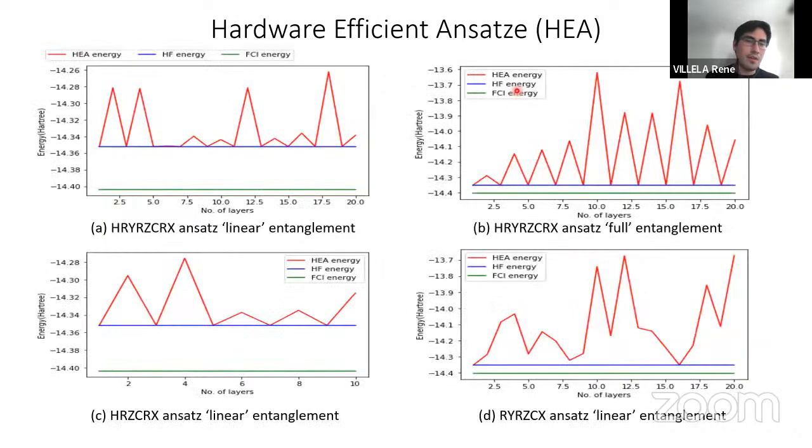Maybe we think that this can improve the results, but for now, the results that we have obtained are the following. And we have tried a few different types of layers and also a few different types of entanglement. But what you can see here is the line in red, which is the hardware efficient ansatz. And here in the x-axis, you see the number of layers. So we have tried many layers, up to 20. It goes up and down, but it doesn't seem to go below the Hartree-Fock energy, which is not what we would be hoping for.